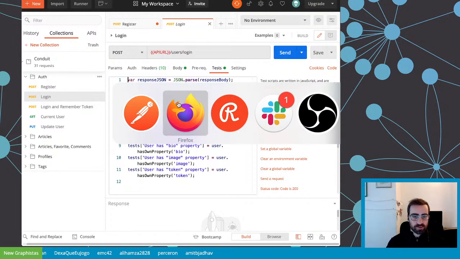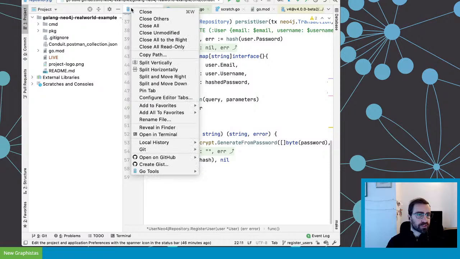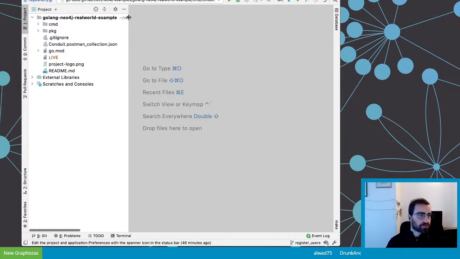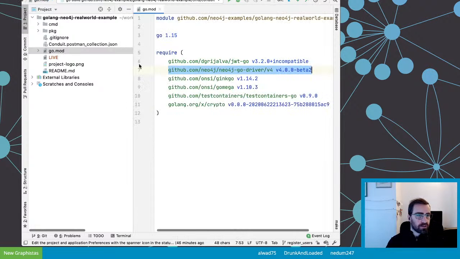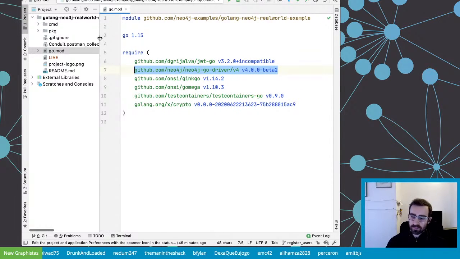And so let's dive into the code now. And we basically won't leave the IDE until the end of the hour, I believe. So let's close everything and just give a recap for those who joined for the first time. So what I did first, my main dependency is the Go driver. And so I'm using Go modules, which is the most recent way of specifying dependencies. You might have used GoDep or other similar tools in the past.